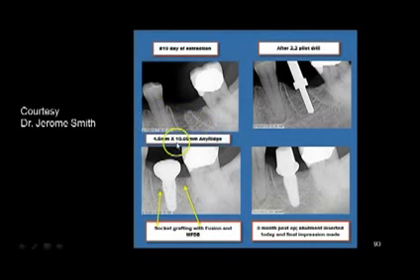Here's that case that I was telling you about, a 4.5 by 10 millimeter implant right into the interseptal bony area of a molar. Okay, another great technique that you can do: just fill in your voids here in your sockets. Dr. Smith used fusion bone and freeze-dried bone. Put that in there. 3 months later, you can see your direction indicator right into the interseptal bony area here. And here you can see a larger